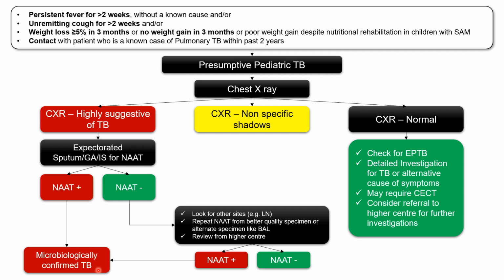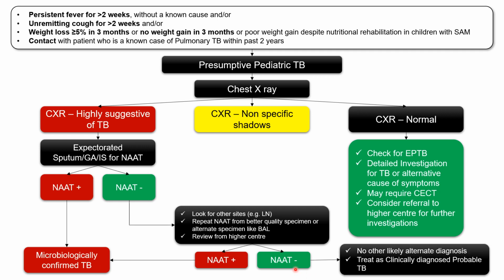So in that case, we may make a diagnosis of clinically confirmed or clinically diagnosed tuberculosis. So what might be the possibility in this scenario? No other likely alternate diagnosis, we have to think about that first. If no alternate diagnosis is thought of or can be confirmed, we have to treat this as a case of clinically diagnosed probable tuberculosis. And the middle scenario, if the chest X-ray has non-specific shadows, that means some shadows are